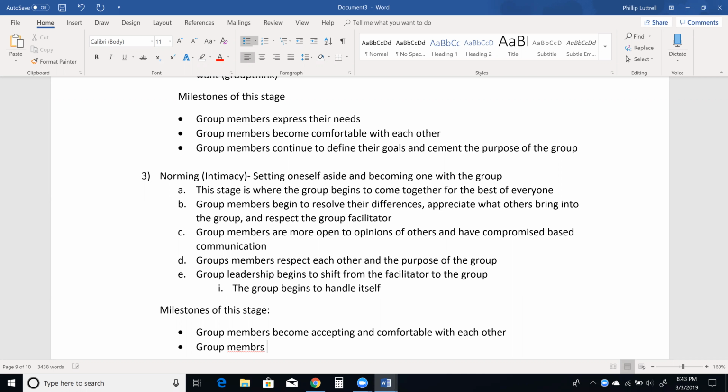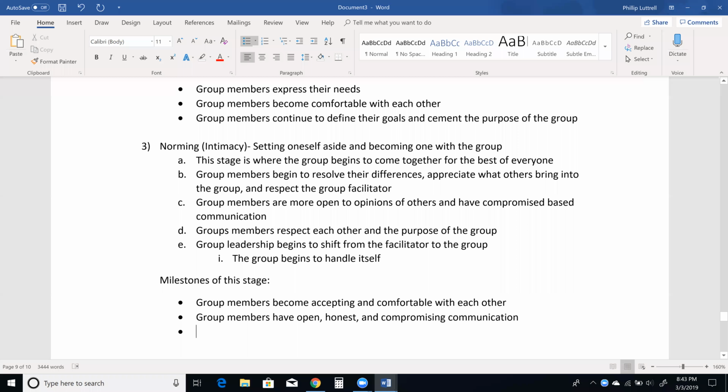Group members have open, honest, and compromising communication, and the facilitator is able to step back in the group and run itself with little assistance, which then leads us into the fourth,